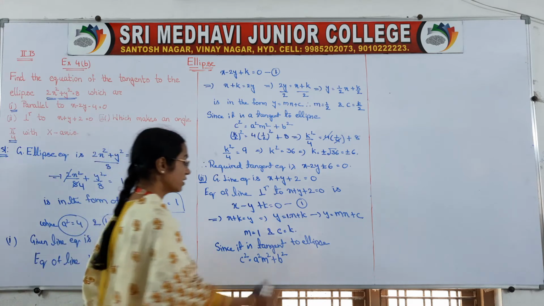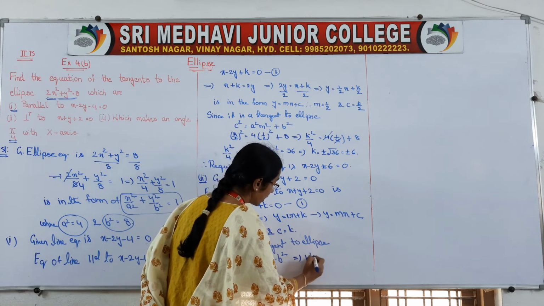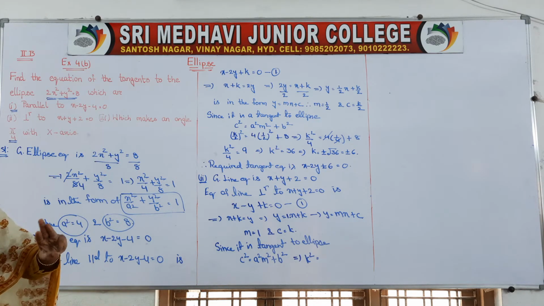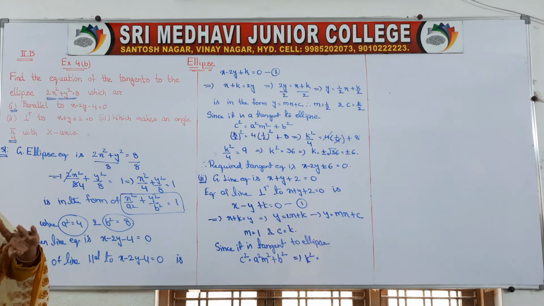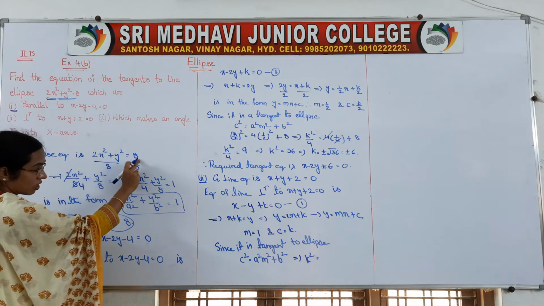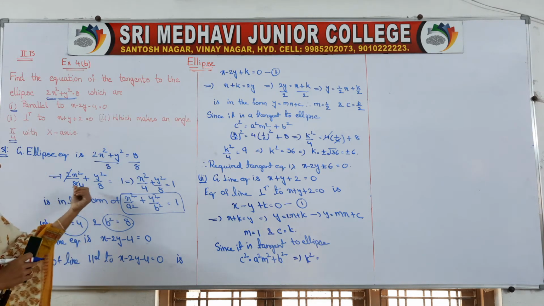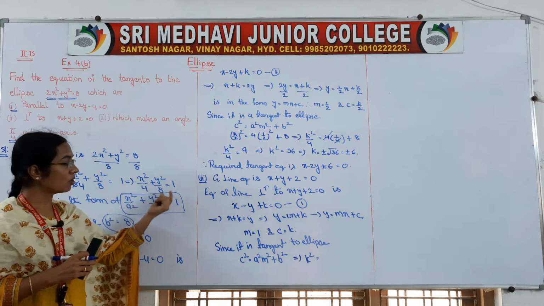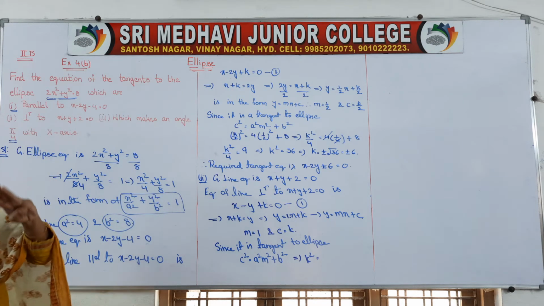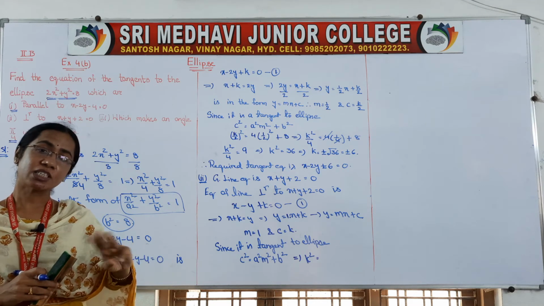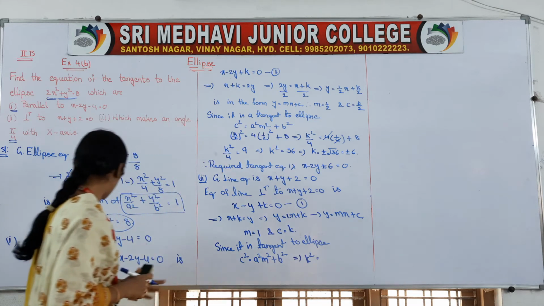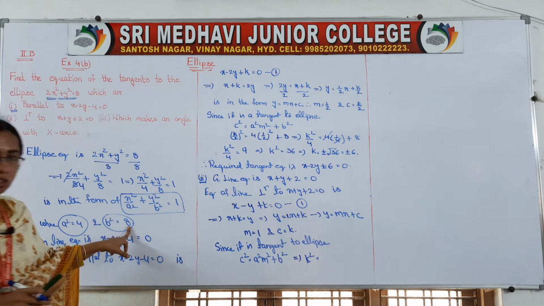So, what is your c? c = k. So, k² equals, already the same ellipse we are using for the 3 bits, the 3 questions, the ellipse equation will be the same. What is your ellipse equation? It is 2x² + y² = 8, and we reduced that into our standard ellipse form, and from that we got our a² value and b² value. The ellipse is the same, but in the 3 bits the 3 conditions are different.